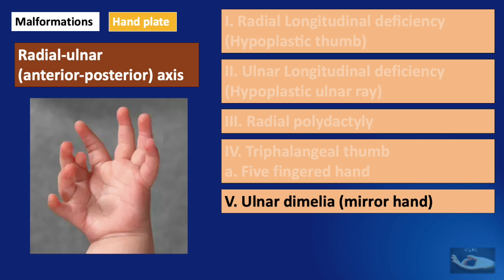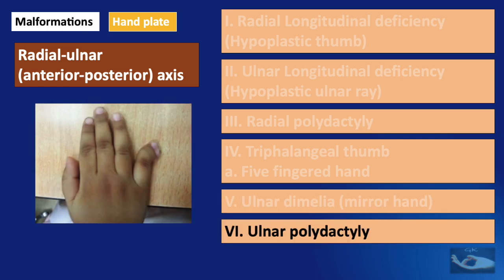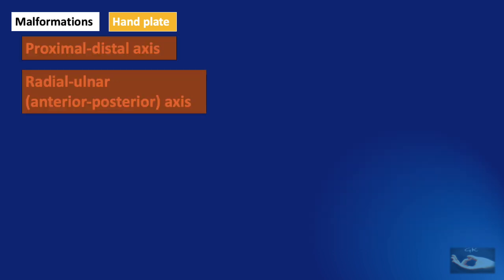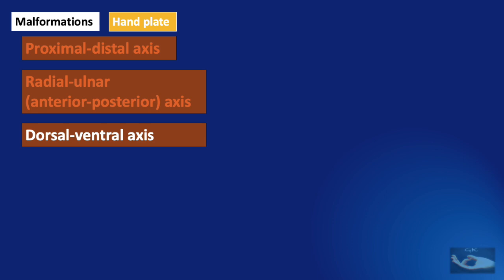Ulnar dimelia or mirror hand is the situation where the ulnar side of the hand, that is the index, middle, ring and little fingers, are duplicated in the same hand. The sixth category of ulnar polydactyly is characterized by polydactyly involving the post-axial border, that is the ulnar border and the little finger. Malformations of the hand plate can also involve the dorsal ventral axis of development of the upper